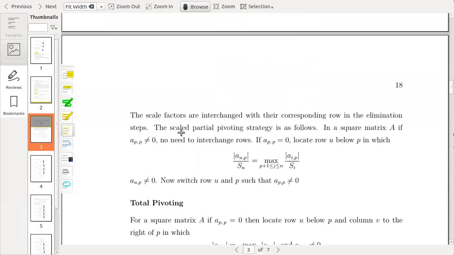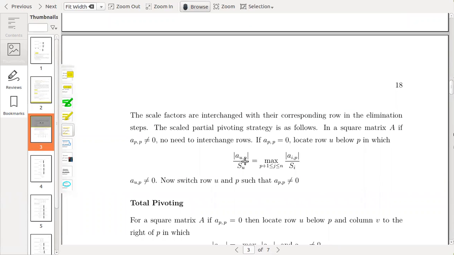So then the scale factors are interchanged with their corresponding rows in the elimination steps. The scaled partial pivoting strategy is as follows. In a square matrix A, if A_pp is not equal to 0, there is no need to interchange rows. And if it is 0, locate row u below p in which